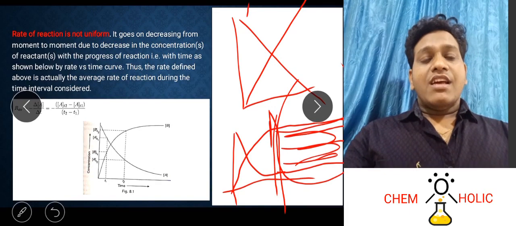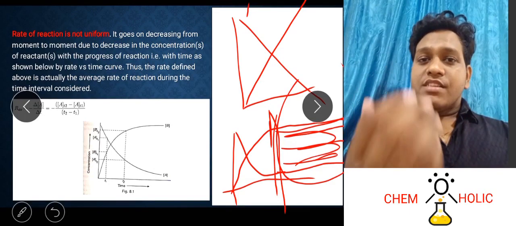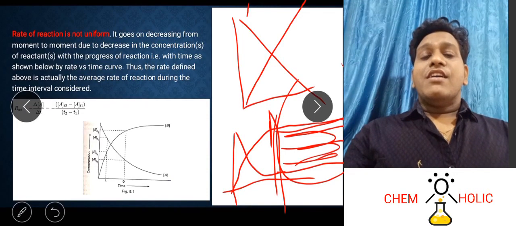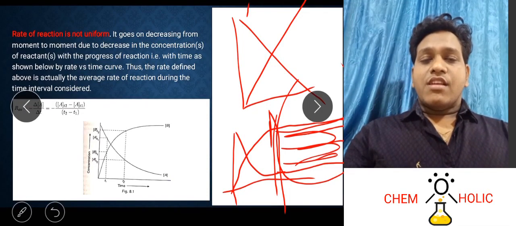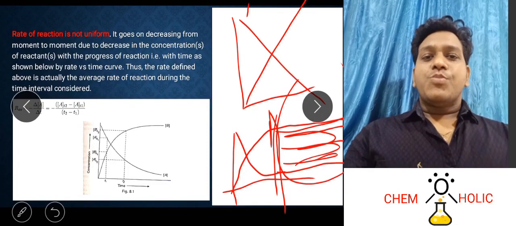Let me give you the definition of chemical equilibrium. Chemical equilibrium is nothing but when the rate of forward reaction, or rate of increment, and rate of decrement are the same. When the speed of increment and the speed of decrement are the same, we can consider it to be at equilibrium.